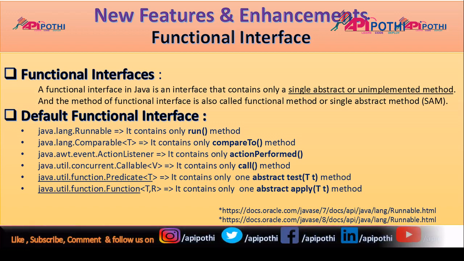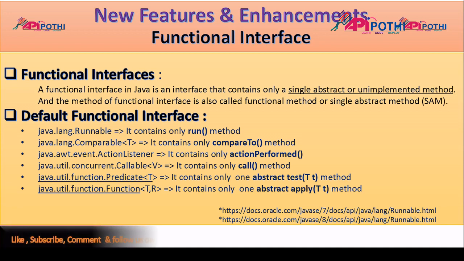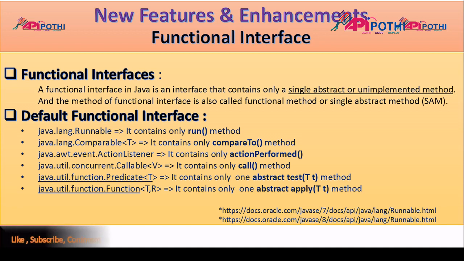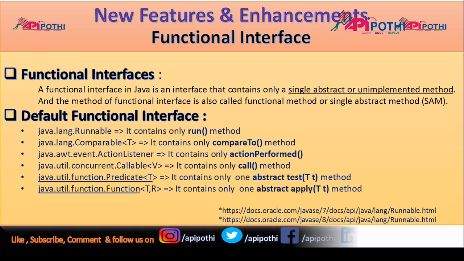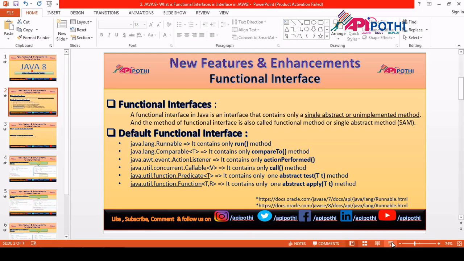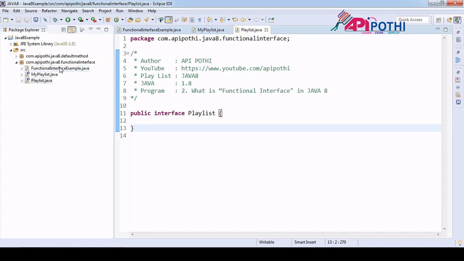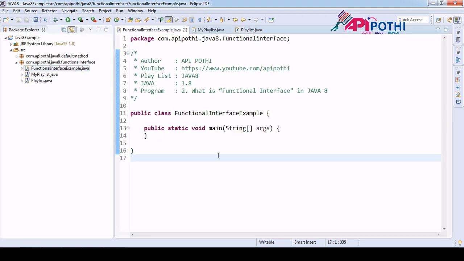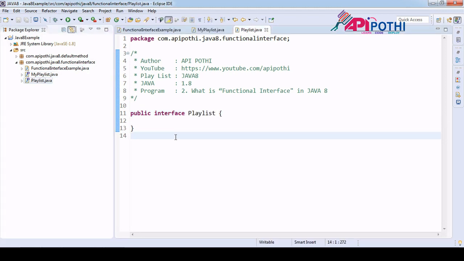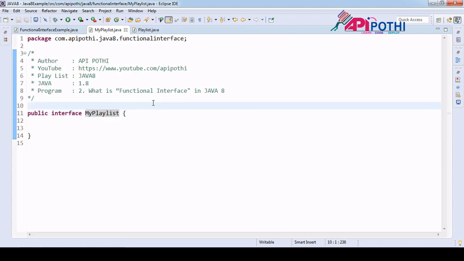So if your interface contains one unimplemented method and as many implemented methods as you like, then this interface is also called a functional interface. Okay. So I have created the main class here which doesn't contain any logic. My playlist is an interface, and both don't contain any method. So here I am going to see my playlist. Okay. So as per the rule